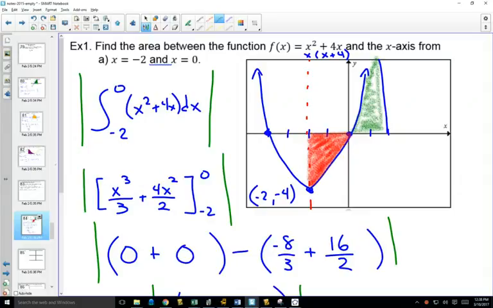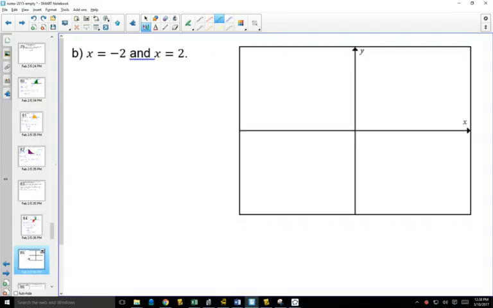And the question is still saying find the area between the curve and the x-axis. So if I just did the definite integral from -2 to 2, I'd get the wrong answer because my positive area and my negative area would cancel out. So what I need to do is I need to recognize that there's an x-intercept at 0 and say the area is going to be,